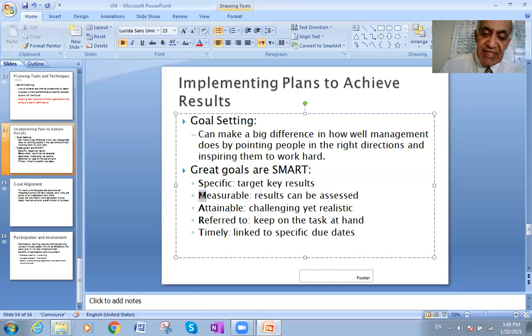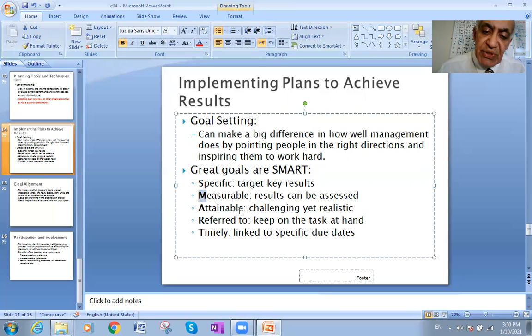So you cannot say, for example, we will have a rosy year, a nice year, a beautiful year, a fantastic year. No, you have to put in measures. Like for example, I will produce and sell 100,000 units. So this is counted in measures.